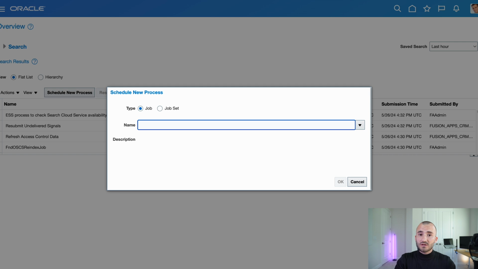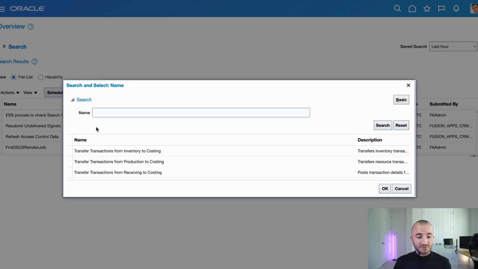And the process that we're looking for is called Transfer Transactions from. Tap out and it would give you 3 different options, either from inventory, from production, or from receiving to costing. Miscellaneous receipts fall under the inventory category and not under receiving. That's important to notice. So click on that one, click on OK,